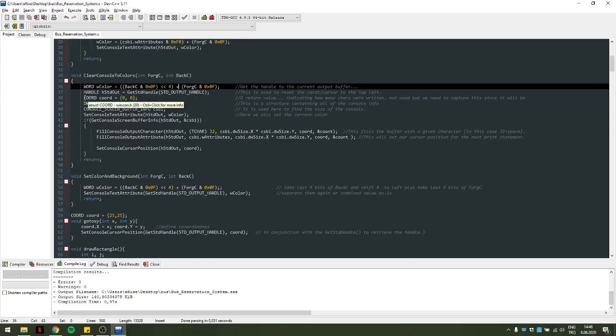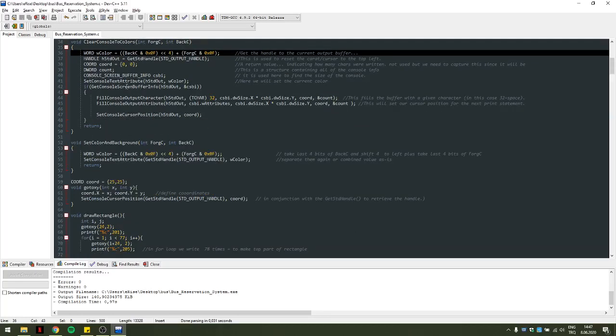and coordination 0 0, that means return value, and the word count, this part is containing the console info. The csbi used here, find the size of console, SetConsoleTextAttribute, hStdOut, vColor here is the current color,